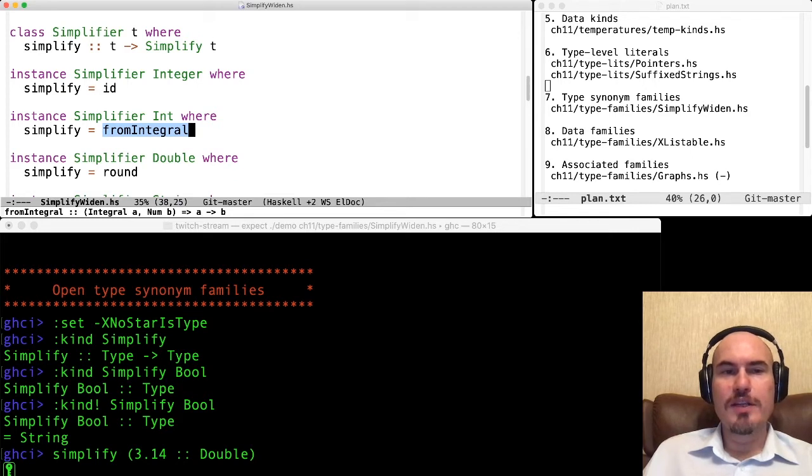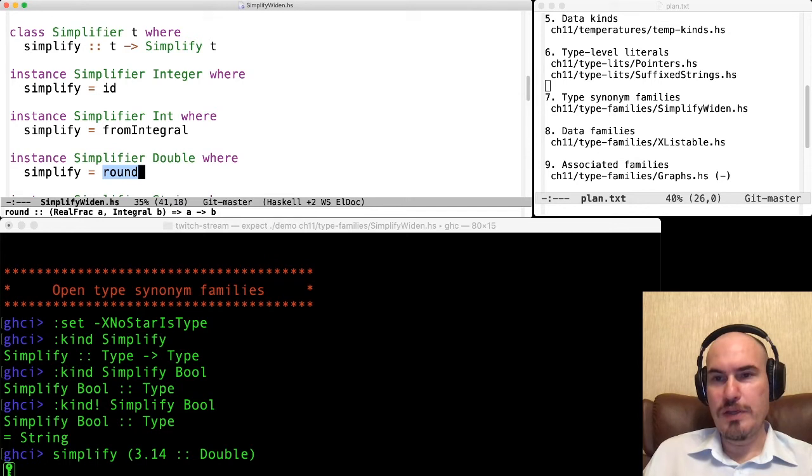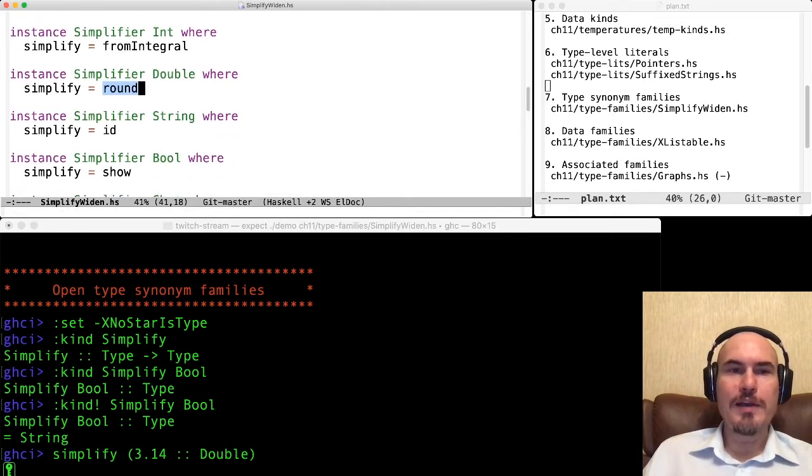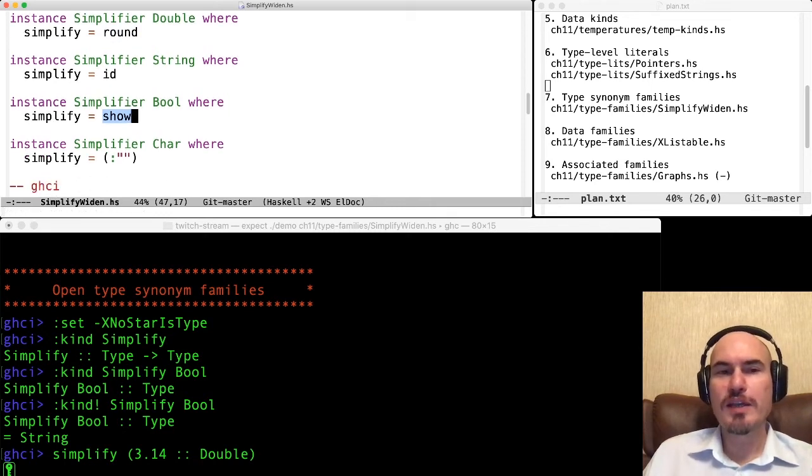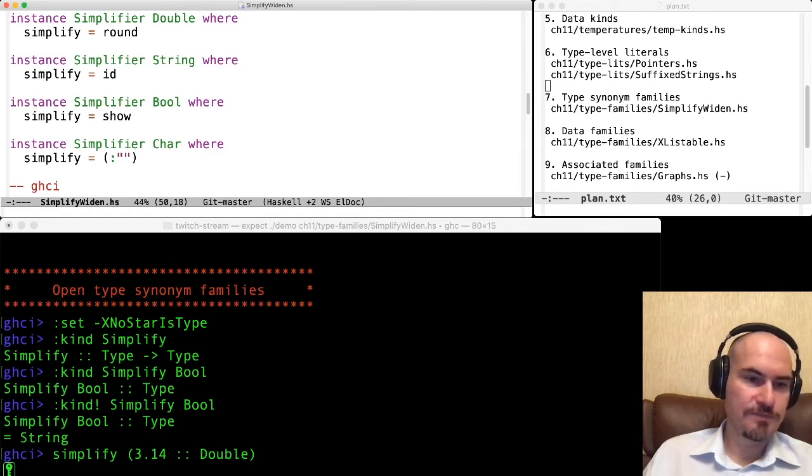So if we have double, then we can do round, and then it will be rounded to an integer. If we have string, we can use id because now it's a string. If it's a bool, we can use show. If it's a char, for example, we can build a singleton string from one char, a single element string.